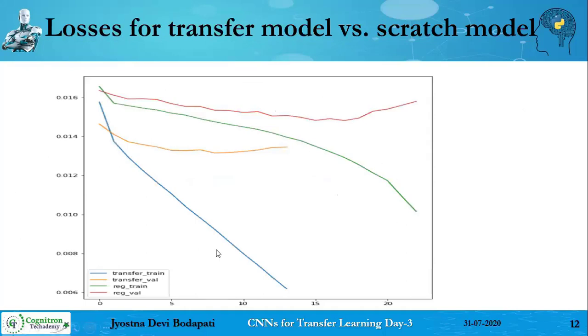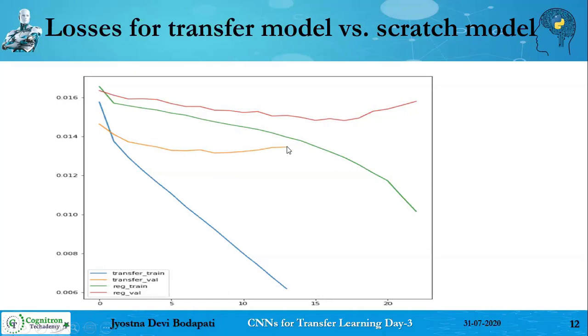This is the figure which explains the different loss values for the transfer model, that is the fine-tuned model, versus the model that was designed from scratch. You can observe here, the blue line indicates the loss obtained by the model created using fine-tuning.